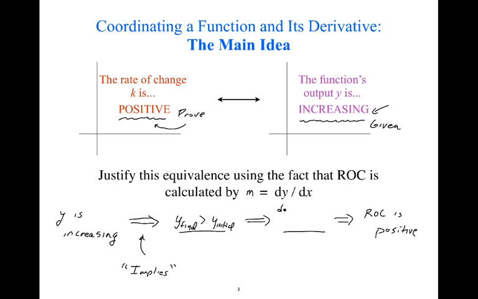Right, since dy equals y final minus y initial, then what would you have to say about that? Right, so if y final is greater than y initial, and you subtract y final minus y initial, you're going to get a positive number. So dy is greater than 0. Therefore,